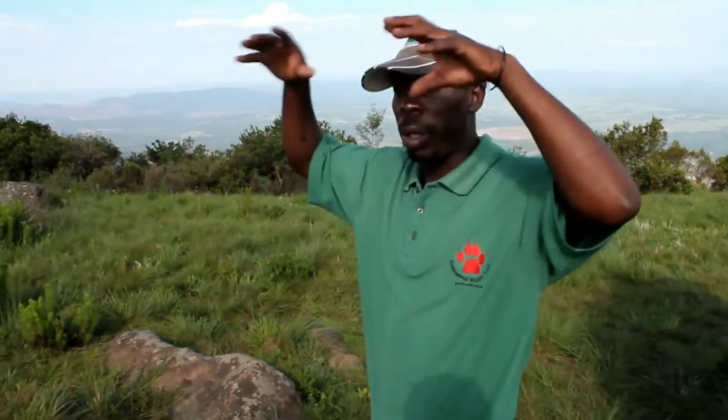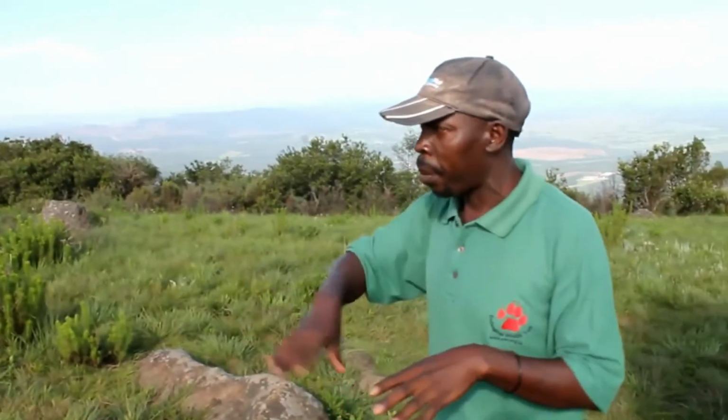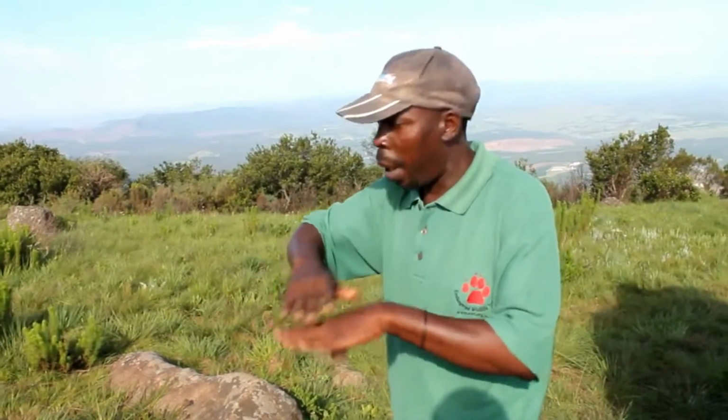If you look at stone circles around the world, you go to Google Maps and Google ancient stone circles, you'll find them scattered like water lilies. If you have seen water lilies on top of water, you will see